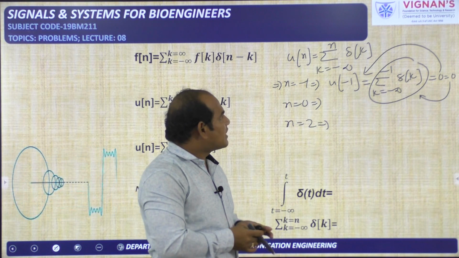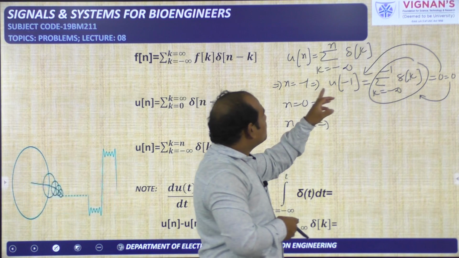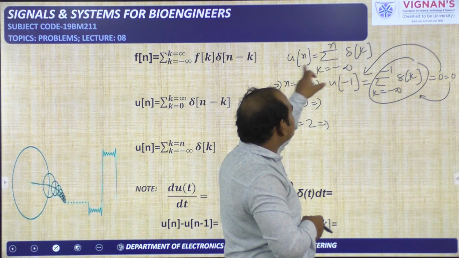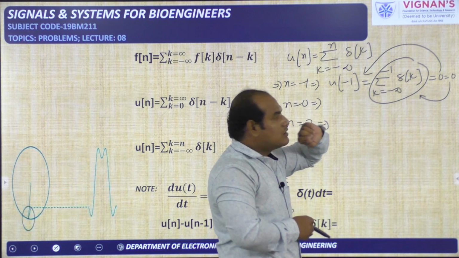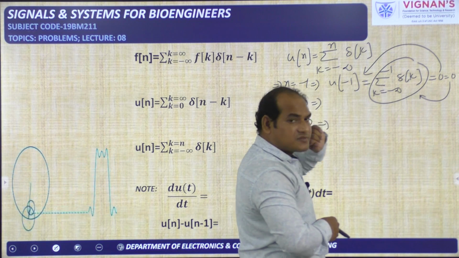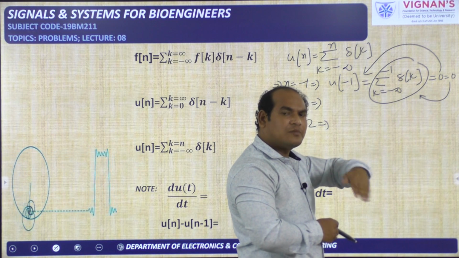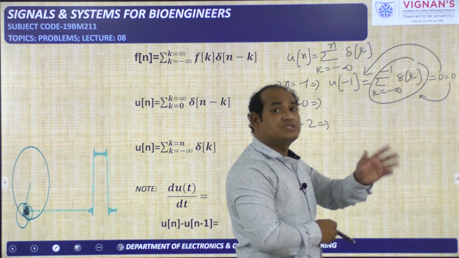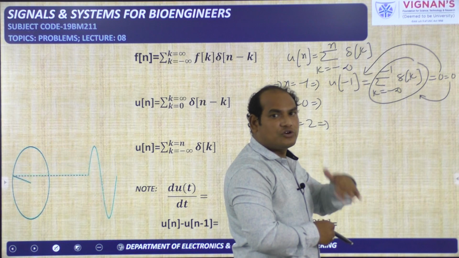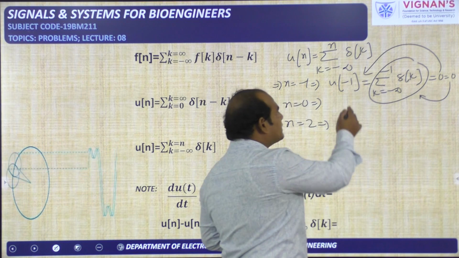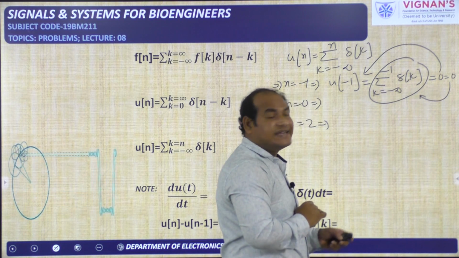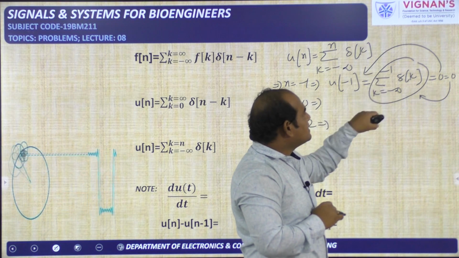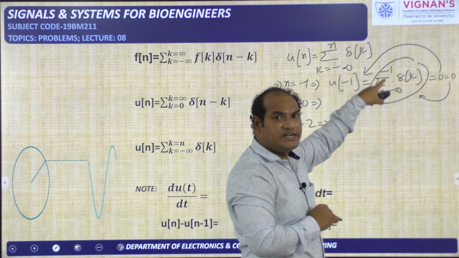Okay. Are you getting this one? We have just substituted n is equal to minus 1 in this equation. Wherever n is there, you substitute minus 1. So on the left side we got u of minus 1. Generally the unit step signal is available on the right side. That means amplitude is 1 for the right side and amplitude is 0 for the negative side. So when you take n is equal to minus 1, amplitude is 0 only. That only I have written here. Next, n is equal to minus 1 means this sigma k is from minus infinity to minus 1.